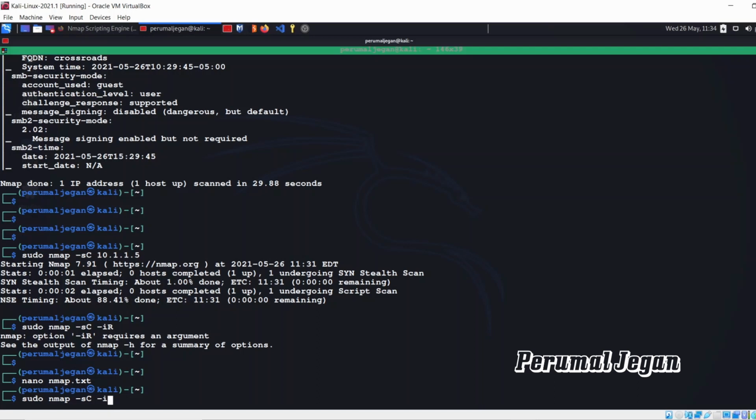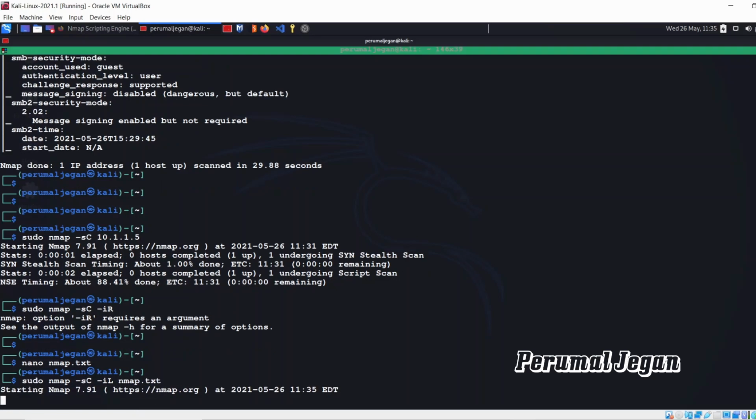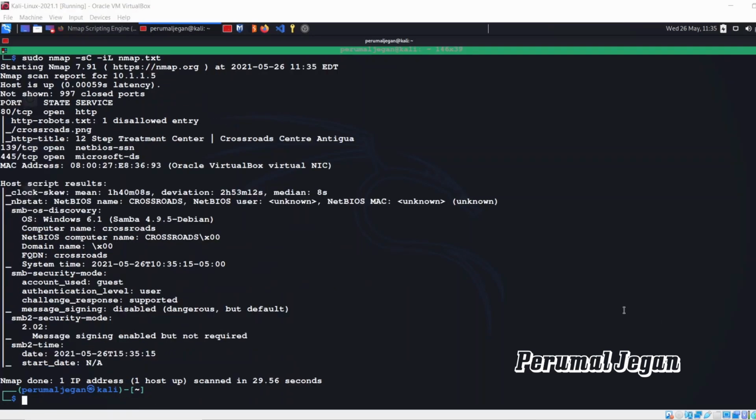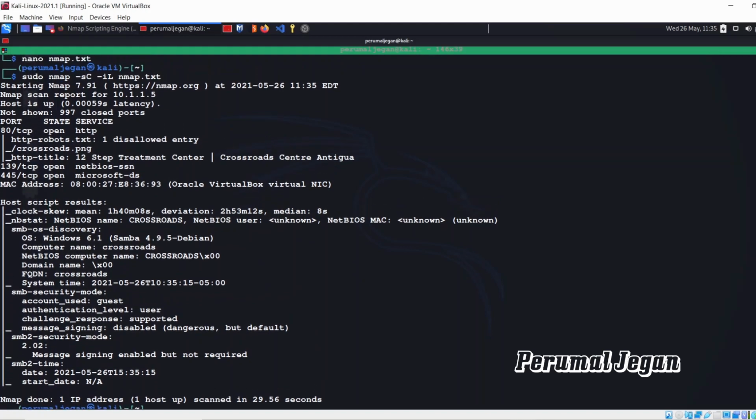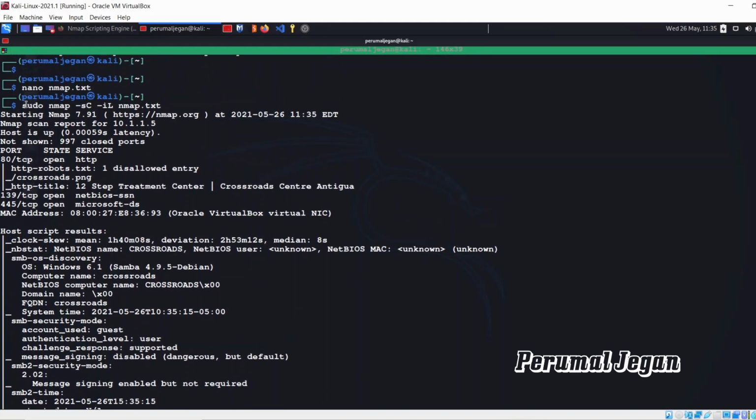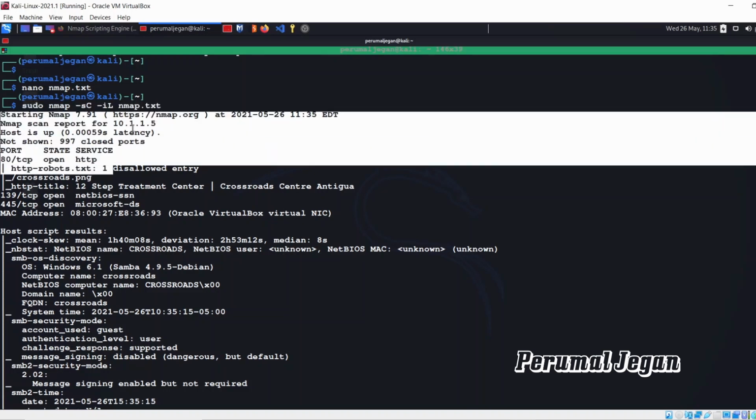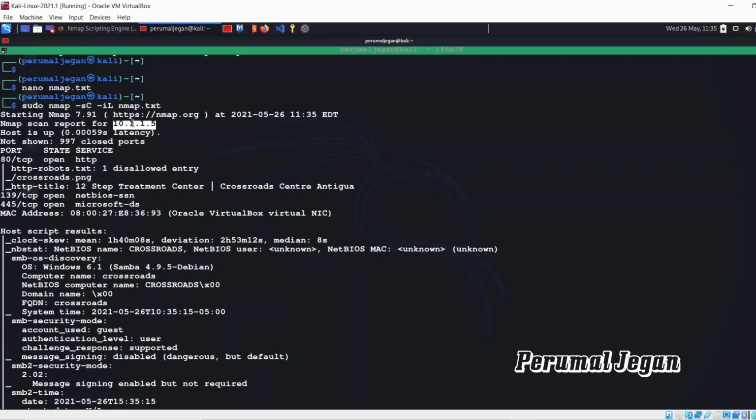Now we can use this nmap.txt. Alright, now we got the results for the scan. Nmap simply read the file and scanned the host that I mentioned in the file.